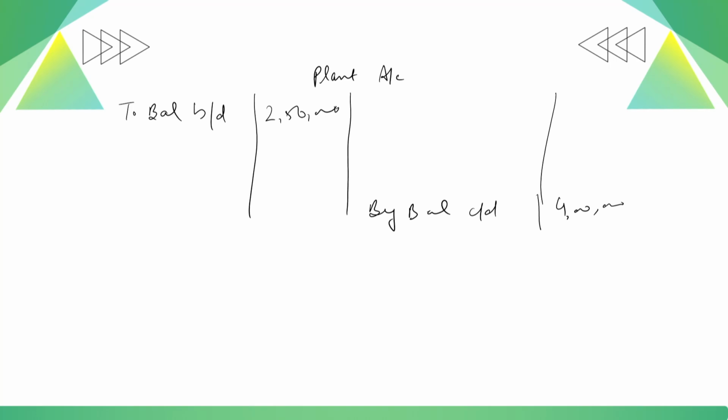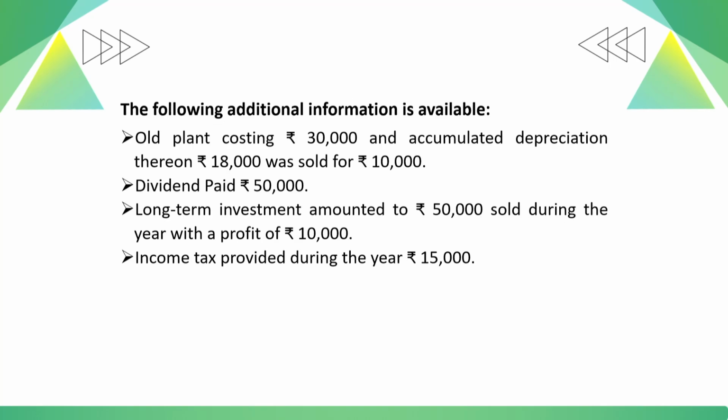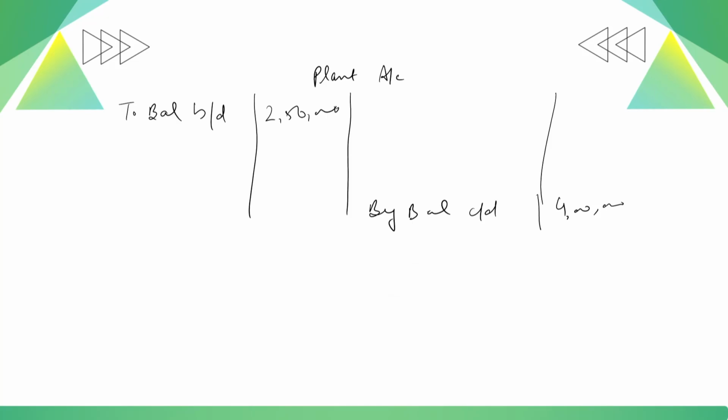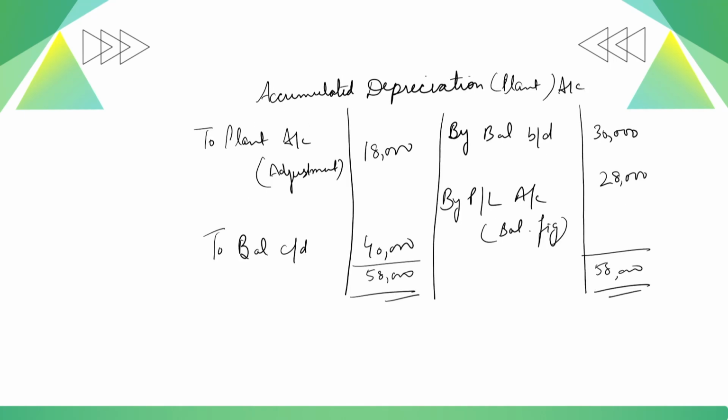And for the adjustments, the first adjustment shows that the plant costing rupees 30,000 with the accumulated depreciation of 18,000 has been sold for 10,000 rupees. So here, the cash that we have received on the sale of the plant, 10,000 rupees, we put on the credit side. As we have already shown this 18,000 on the debit side of the accumulated depreciation,